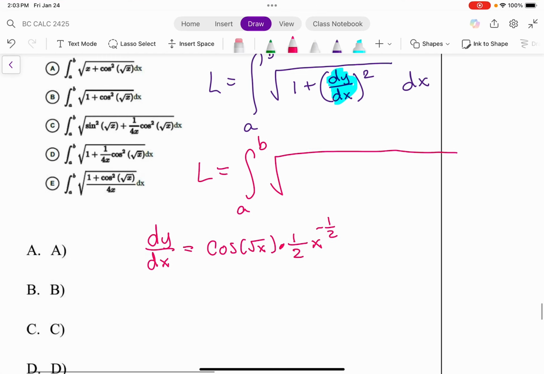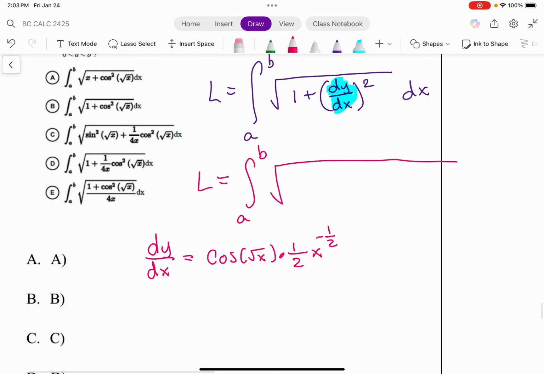And we may clean up our answer a little bit, because look at the answer choices, right? The other thing is we have to square this if you look at our expression. So let's clean it up a little bit. So this would be cosine of root x. The x can come down with the 2 and become a square root again. And so if I square that,